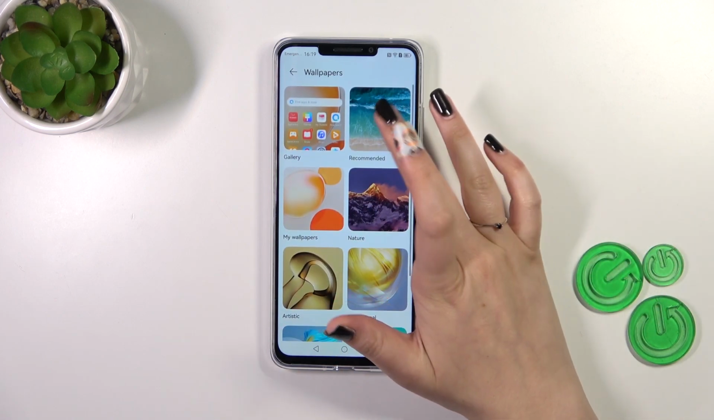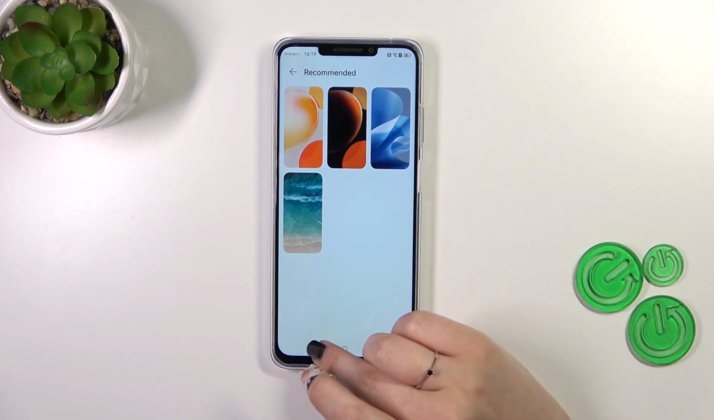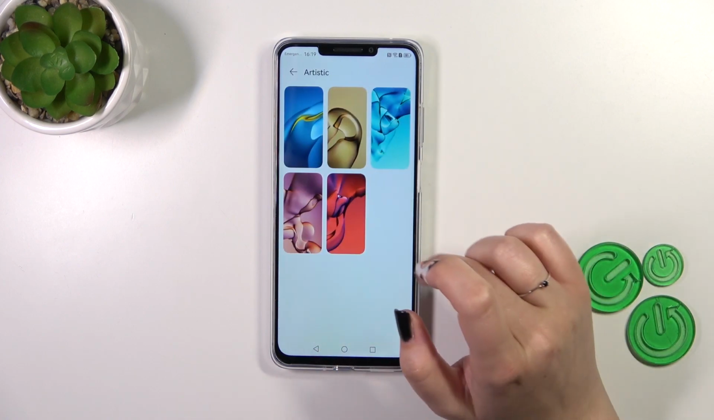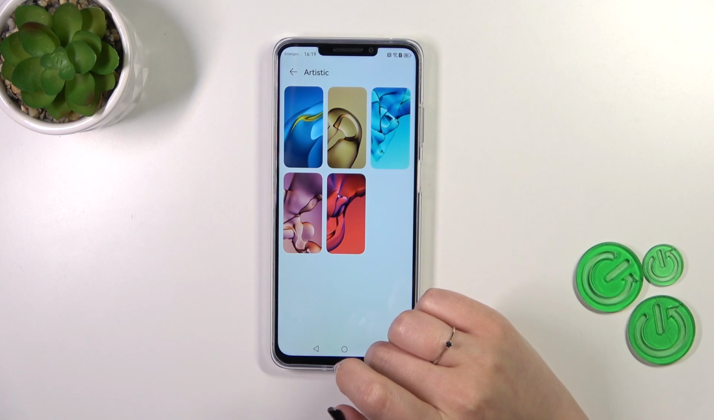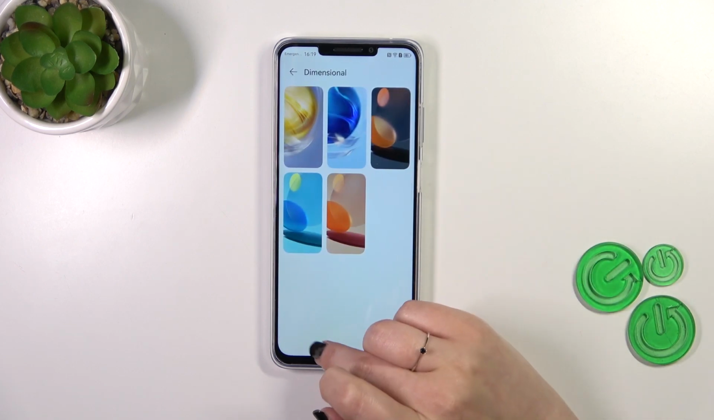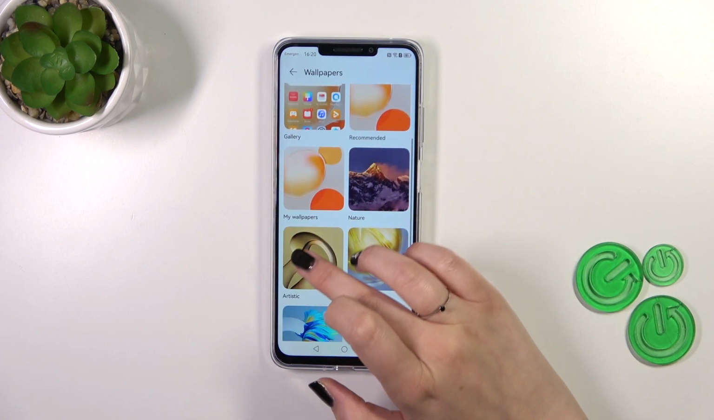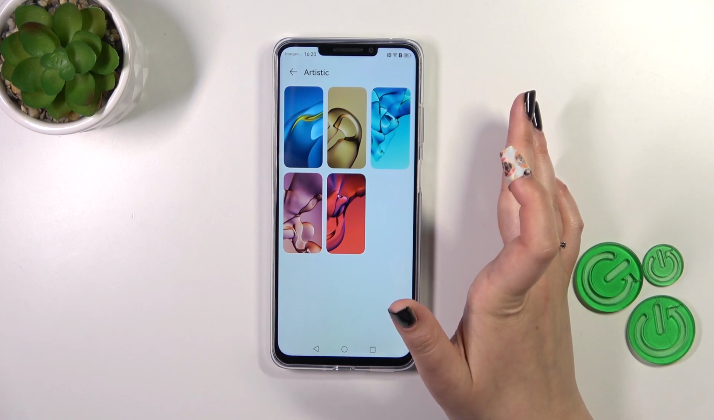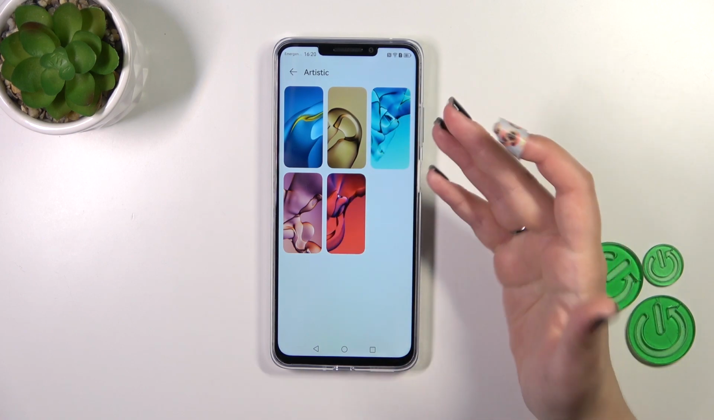other options. Let me pick something maybe from the recommended, or maybe not because I don't like them. Okay. Alright, maybe something from those. Maybe not. Okay. I can see the problem here. Alright, whatever. If you want to see the preview of the wallpaper, if you want to see it on the